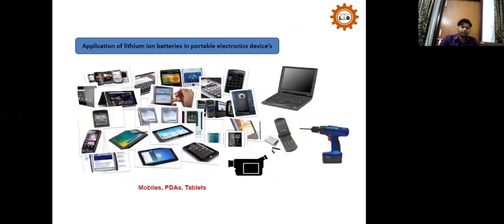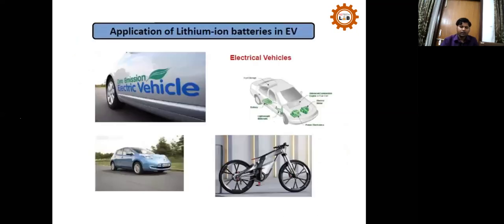Some of the applications which I have already mentioned, like lithium ion batteries, are generally used in our mobile phones or laptops or different places. Also, the other possibilities, as I have earlier mentioned, are that it can be used for running a vehicle, or even for running a cycle or a bike. Nowadays few bikes are also available in our country which can run with lithium ion batteries.